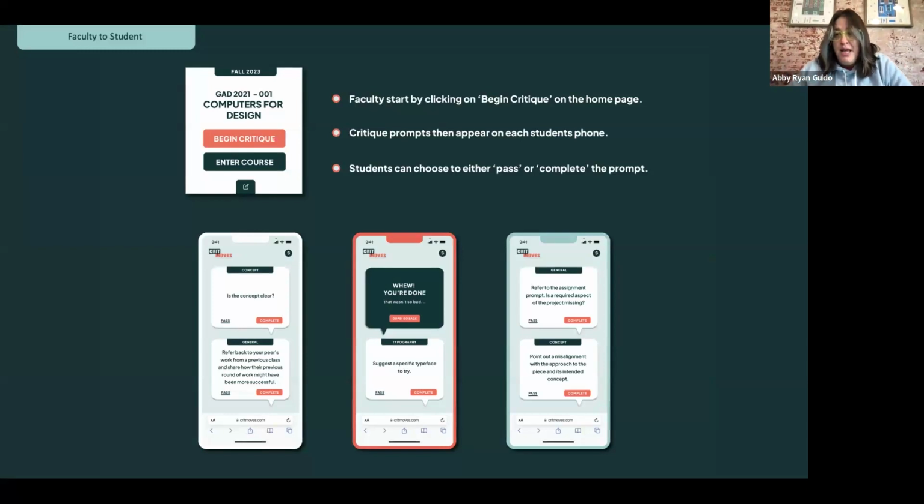They get these 2 prompts, and they just sit there on their phones with the prompts. And like Jenny said, they can use them anytime during the class. If it is something that they don't feel comfortable talking about, or maybe they just don't completely understand the prompt, they can pass, and there'll be enough other prompts that they'll get another random prompt sent. It won't duplicate the prompts. More than one student won't get the same prompt unless they get put in the prompt bank multiple times, if you want that. But by default, it won't duplicate prompts.